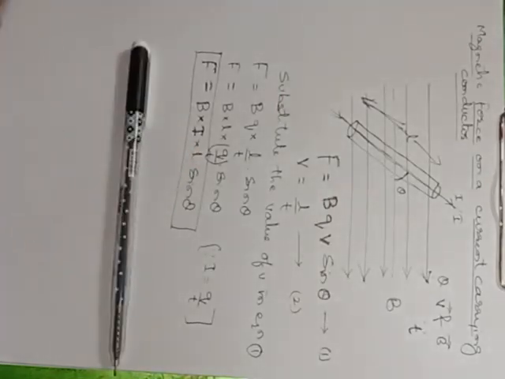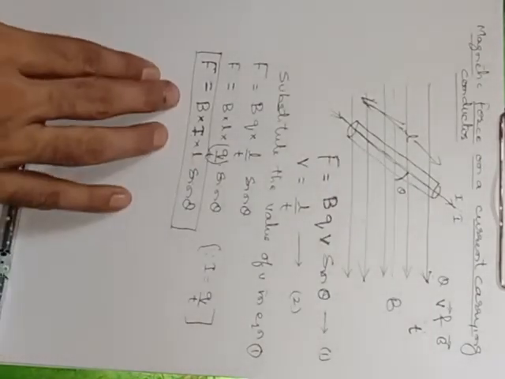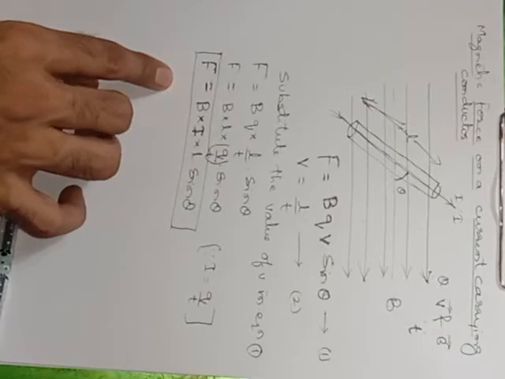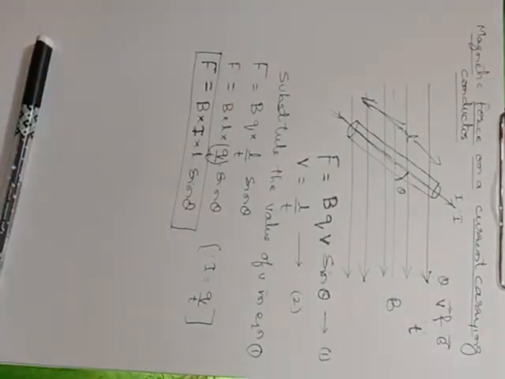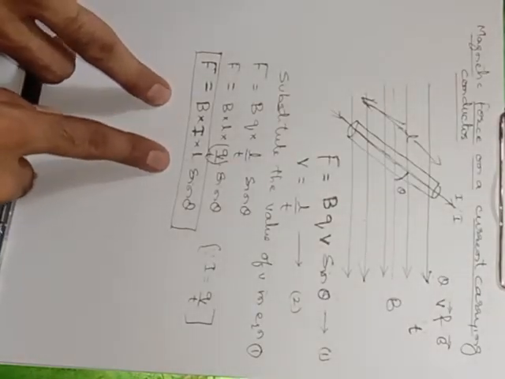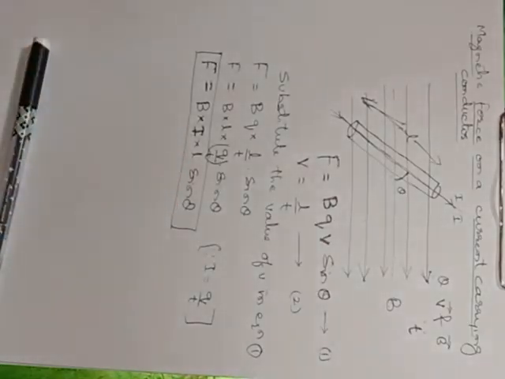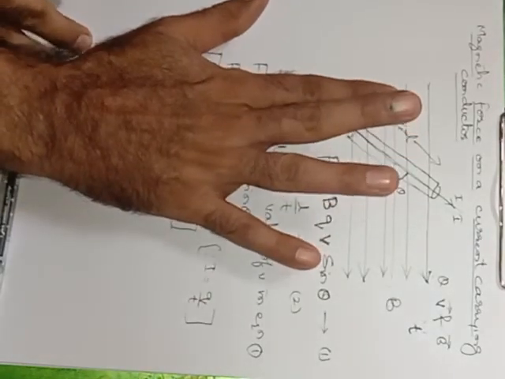So what this formula says, you see, this formula gives the total magnetic force on a current carrying conductor. Whenever there is a current carrying conductor and that current carrying conductor is placed in an external magnetic field, then the formula will become B I L into sin theta. Clear? So this is another derivation we have completed today.